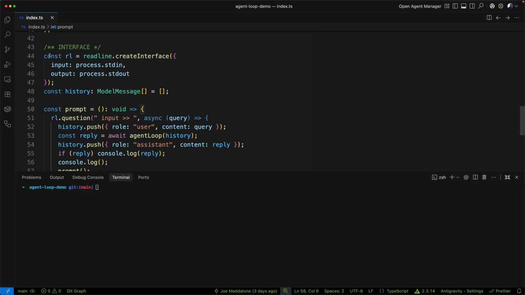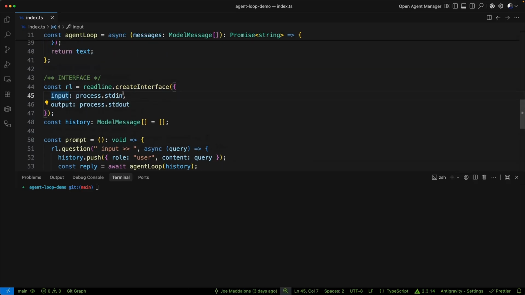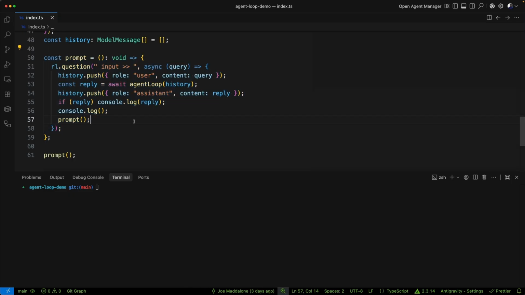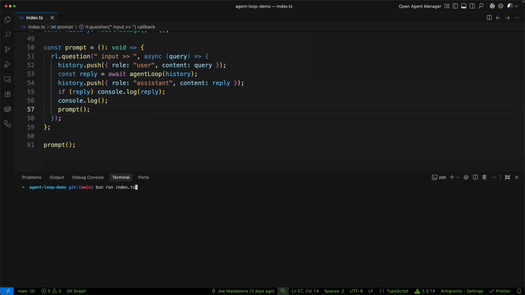So until now, our entire interface has been readline and this recursive prompt function. And our UI kind of sucks. So if I say explain task.ts to me,